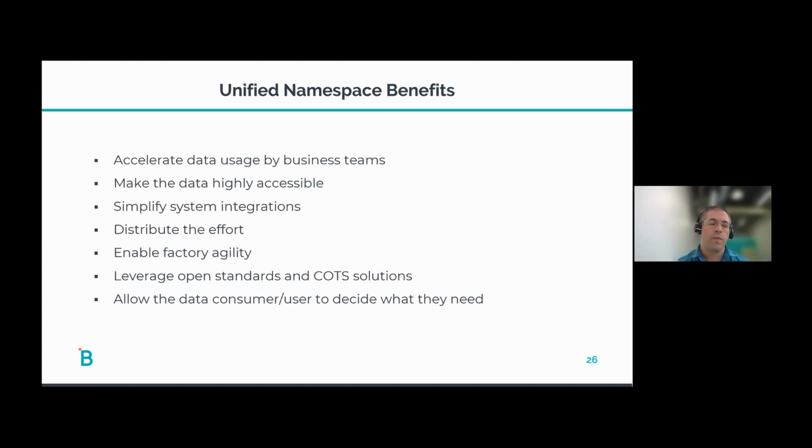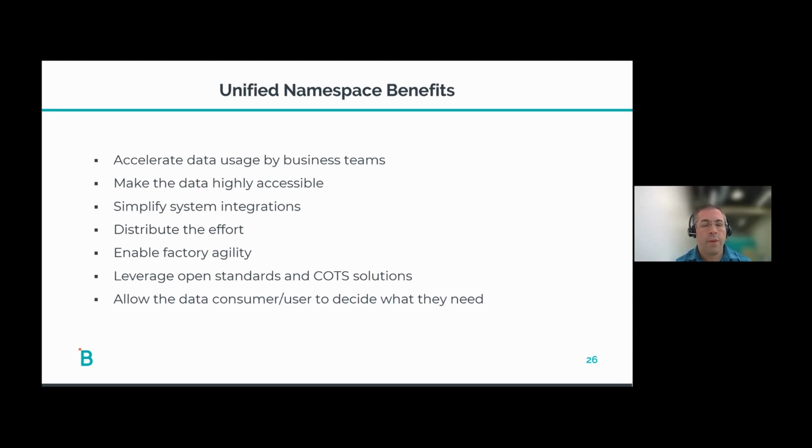So we're really providing agility to the factory, because as they make changes to the factory floor automation, they just update their gateways, and the data will just fall into the exact same slot that it was in the UNS. With the old assets, the new assets will fall right into that slot. So you don't need to change things out, and you're highly agile, and it just becomes part of your change management process.